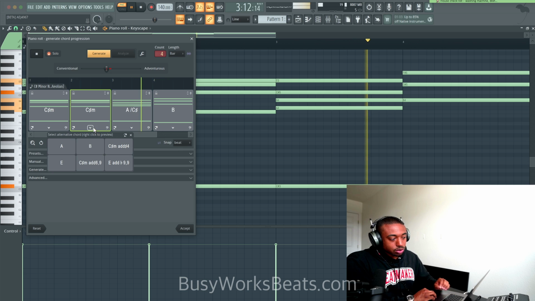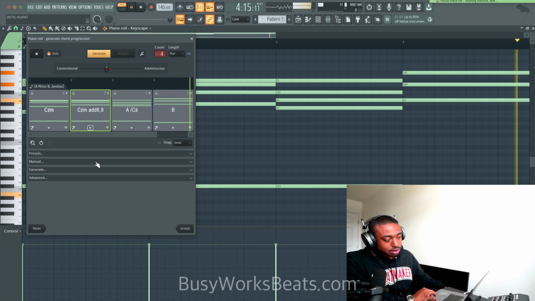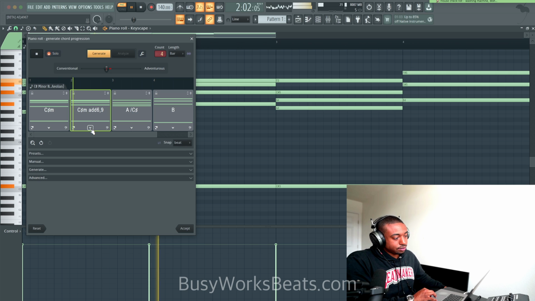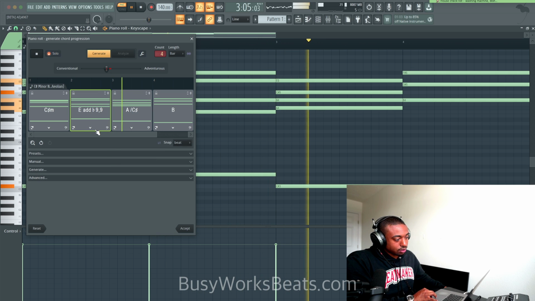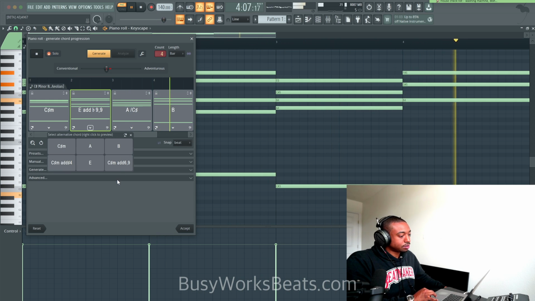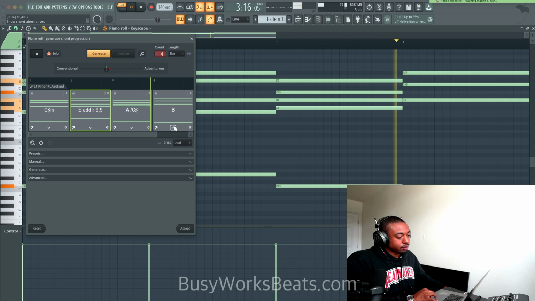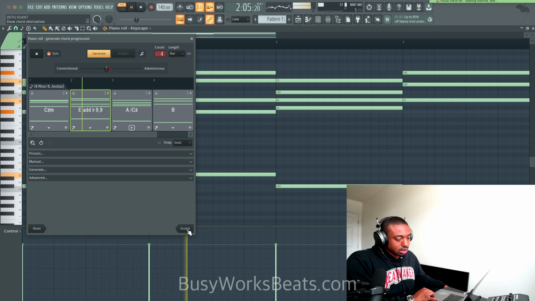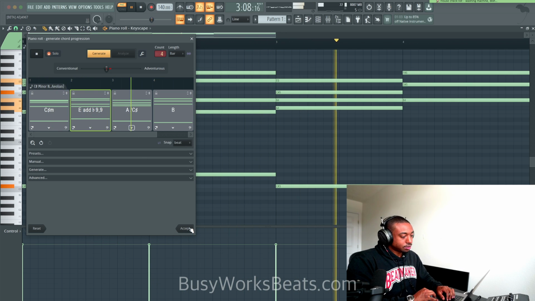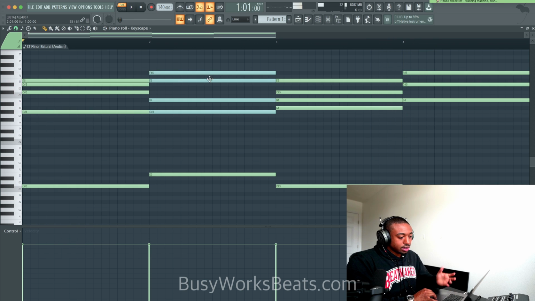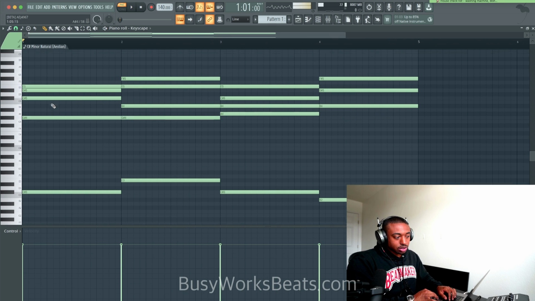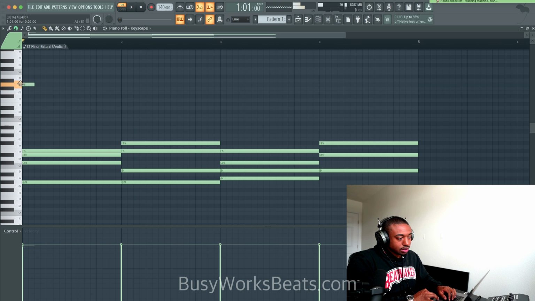Now if you click this drop down, you can swap out the chords as you listen back. That chord doesn't sound right, so we can switch it out. There we go. So this is a little more in the ballpark of acceptable. Okay, so that's how I would use it. And then here you could just draw on your top line over top.